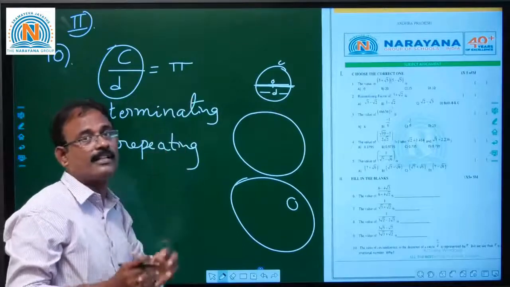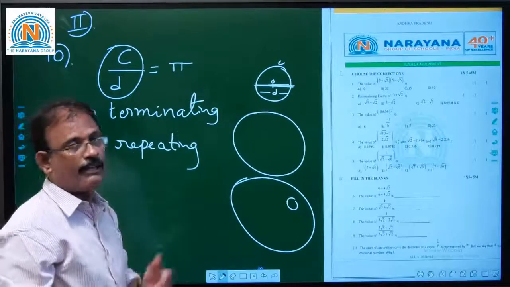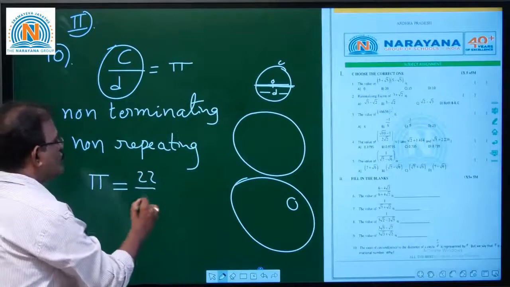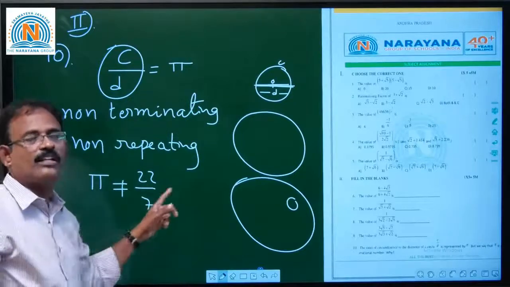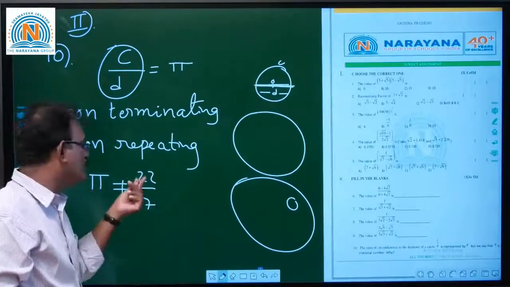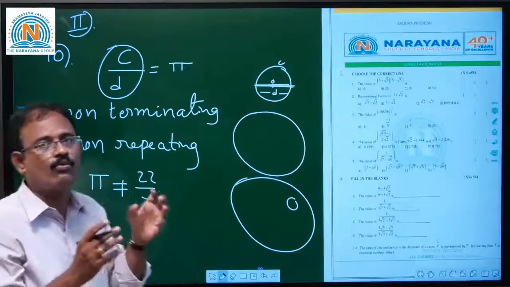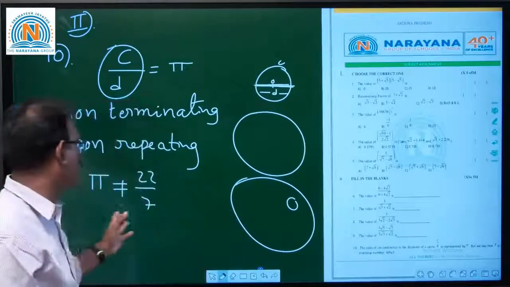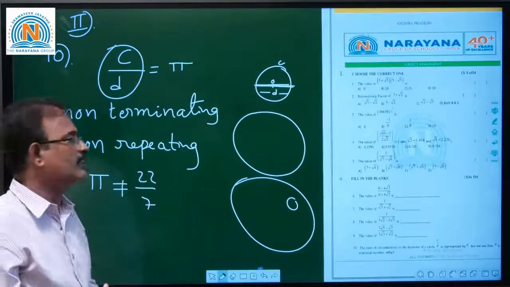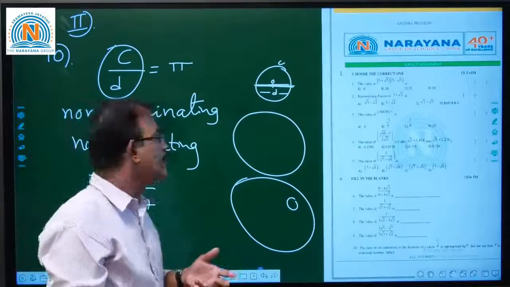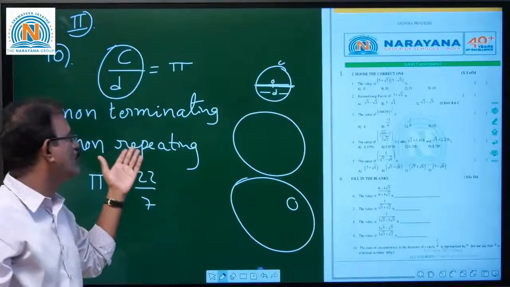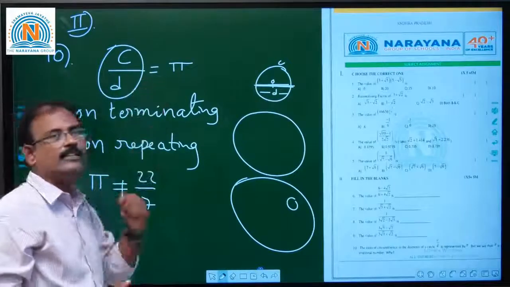Therefore, this ratio can be represented by a Greek letter pi. But we usually take the value of pi as 22 by 7 only for the purpose of calculation, children, not as the actual value. The value of 22 by 7 is so close to the value of pi in decimal parts that we take it for calculation purposes only. This is the reason why, though we are representing a ratio with an irrational number, as it is a non-terminating, non-repeating decimal, we denote it with the Greek letter pi,